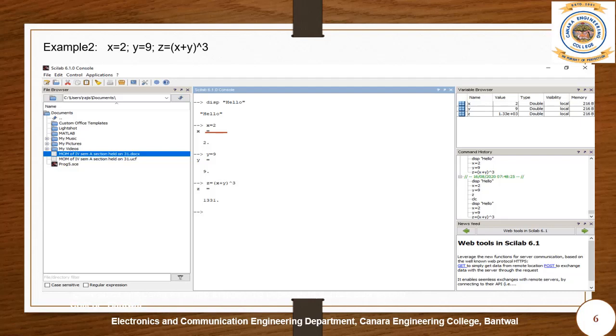Similarly, we assign 9 to y by typing y equal to 9 and pressing the enter key. We will see 9 assigned to y. Now our intention is to compute z equal to x plus y to the power 3. We write that on the console window and press the enter key. We will see z has the value 1331.